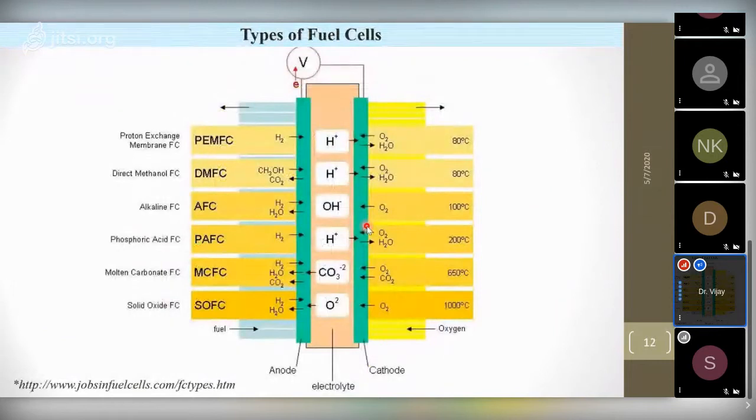Of course, it's not only restricted to one fuel cell. For any proton exchange membrane or direct methanol or alkaline, phosphoric acid, or molten carbonate, or solid oxide. In all the fuel cells, everywhere when there is a need of electrode, the carbon can be added as a nanotube, or even the graphene or graphite oxide, graphene oxide, together with these metal nanoparticles or metal dopants. So everywhere it's used. And solid oxide fuel cell, as you see, it works at 1,000 degrees or more, or related to that higher temperature.